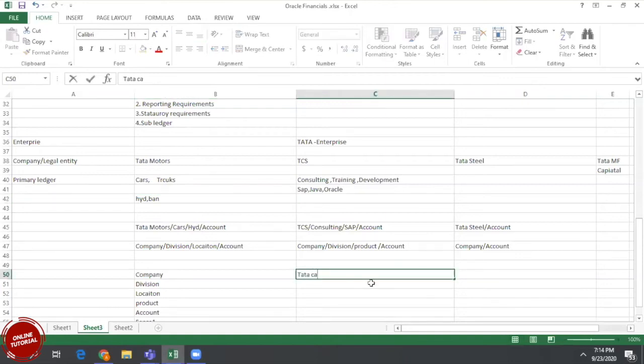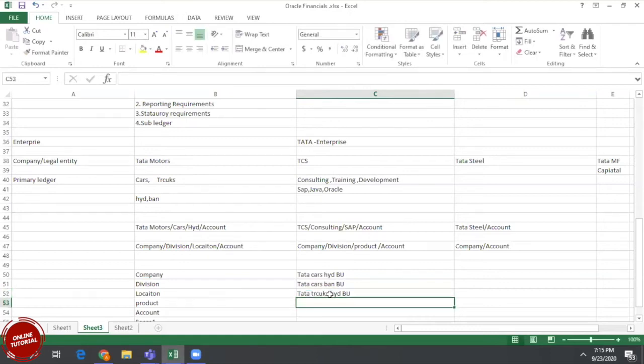I need to define Tata Cars Hyderabad BU, which is different from Tata Cars Bangalore BU. In the same way, Tata Trucks Hyderabad BU and Tata Trucks Bangalore BU.